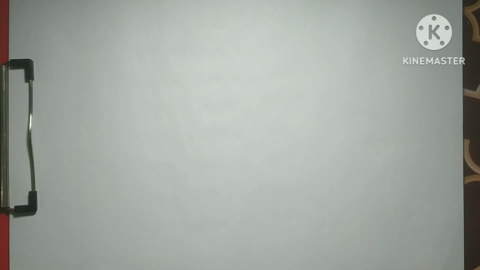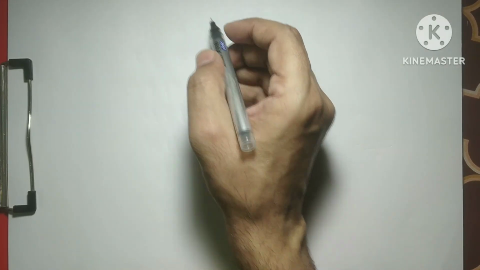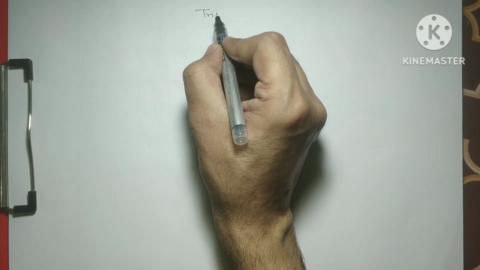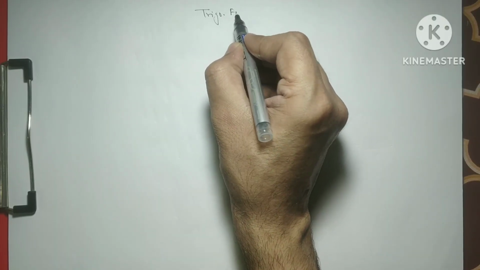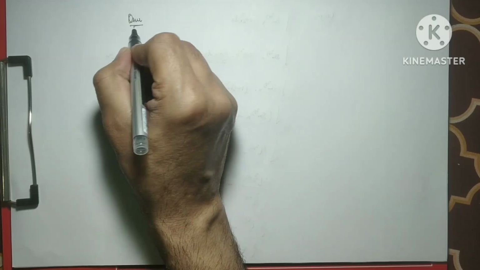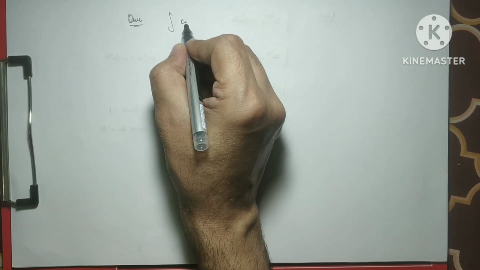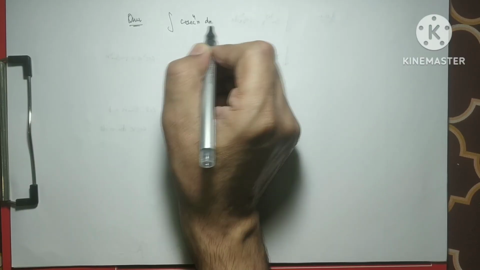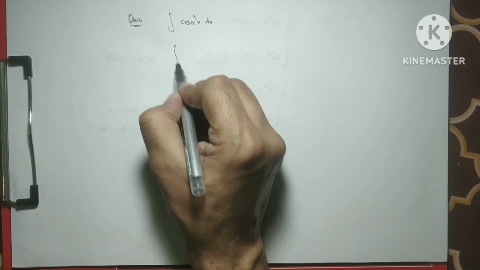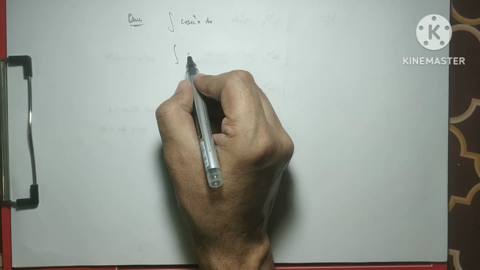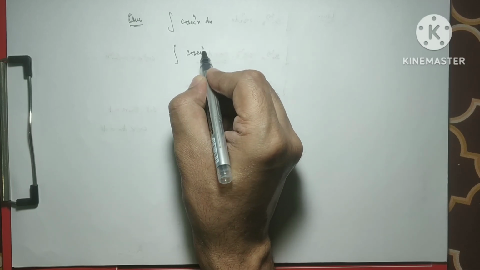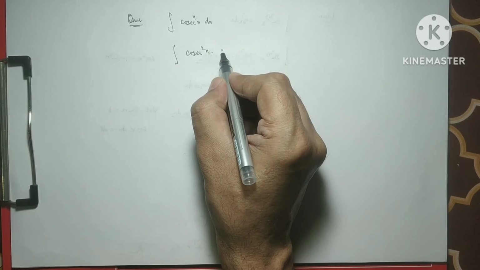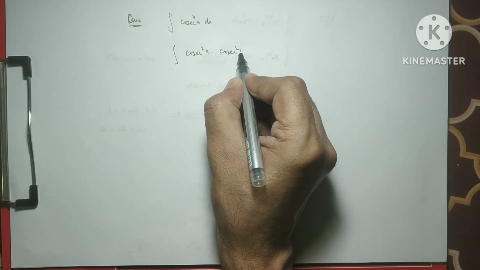Hello guys, today we are taking the trigonometric functions or integrations. If we have cosec x whole power 4 dx, then how will you do this? We break this as cosec square x and cosec square x,